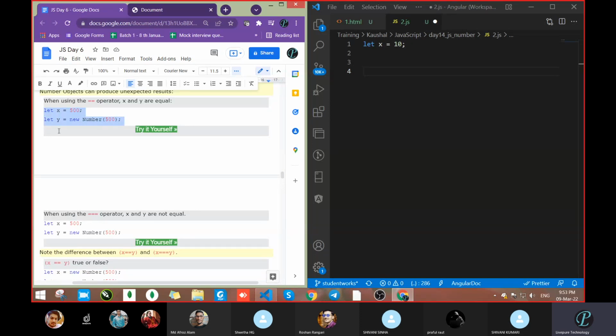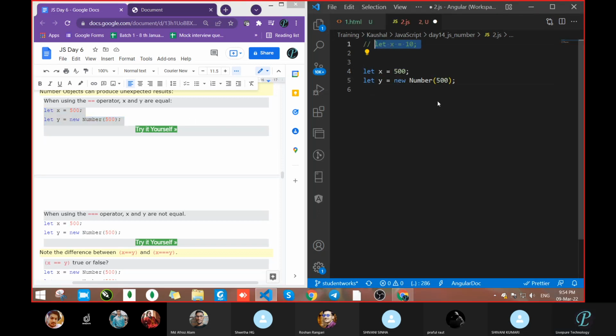Whatever we had looked over in the creation process in the string, the same thing we can get here also. There we had discussed the new keyword at that time also, that you had taken x equal to 500 and y equal to new number 500. So let's see that. x equal to y, will it be equal or not?